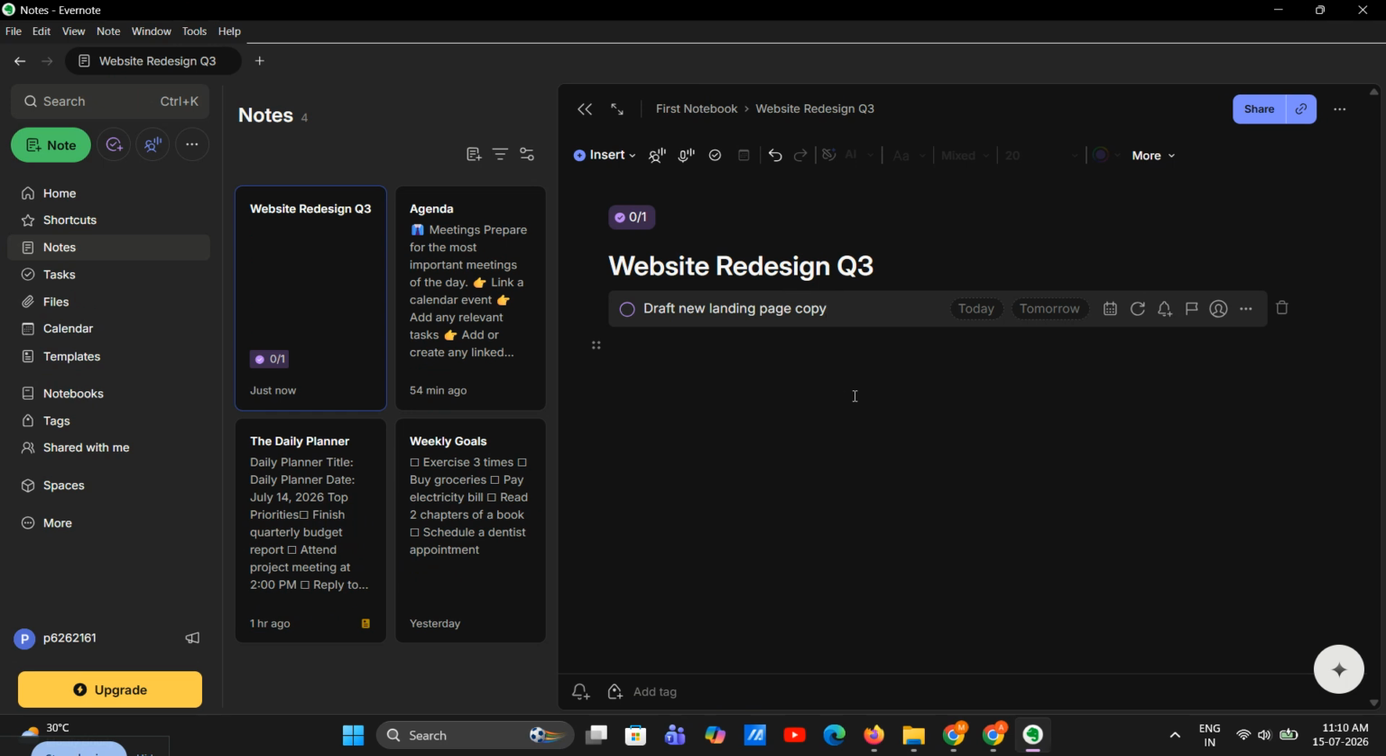Now let's make that task even more useful by adding details. Hover over the task you just created, and you'll see a few options. First, click the flag icon to set priority. If the task is urgent or highly important, choose red. If it's medium priority, use yellow. If it's lower priority, use green. This is a really helpful visual system because it lets you scan your list quickly and see what needs attention